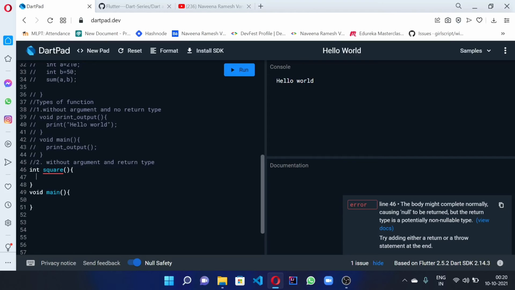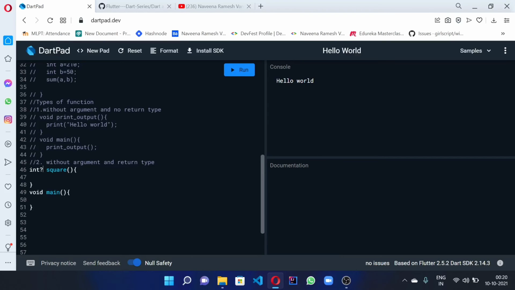Okay, because we have null safety, that's why. Now we'll see about adding the values without argument. So without argument in the sense you can't pass any values here. So now we'll take it as int s and area.